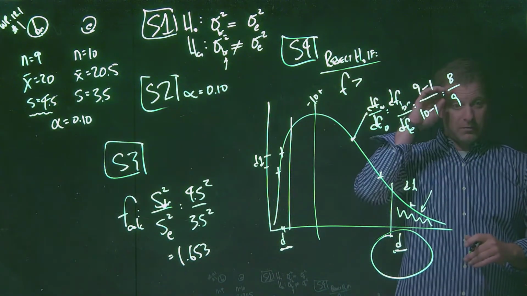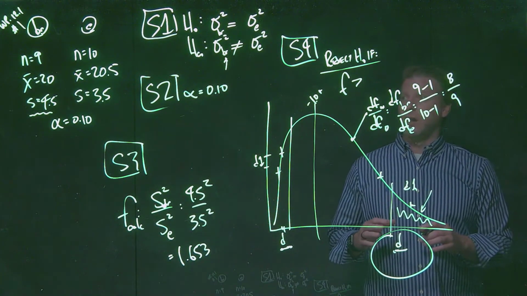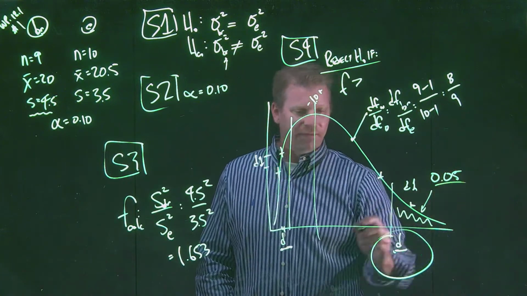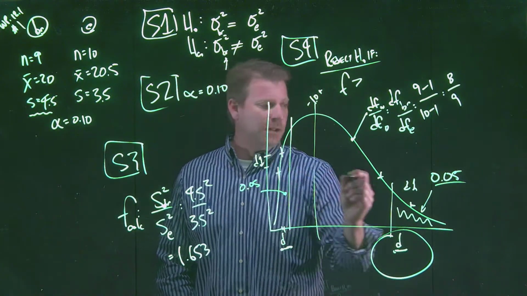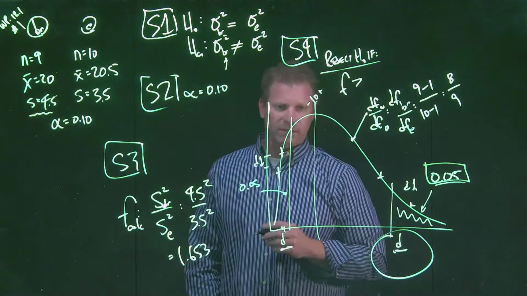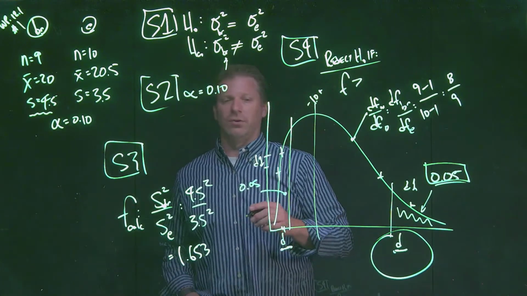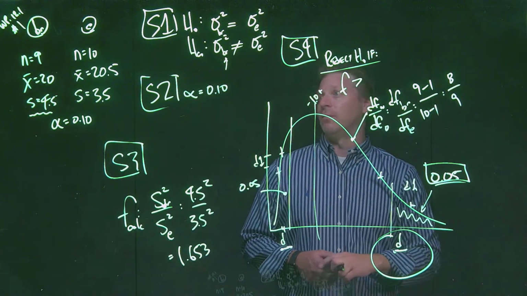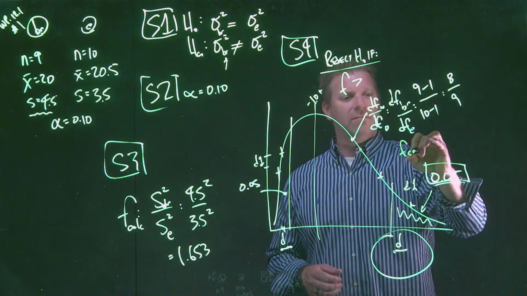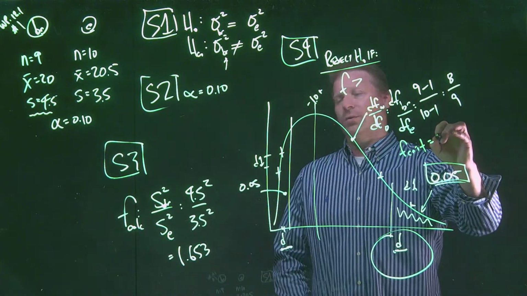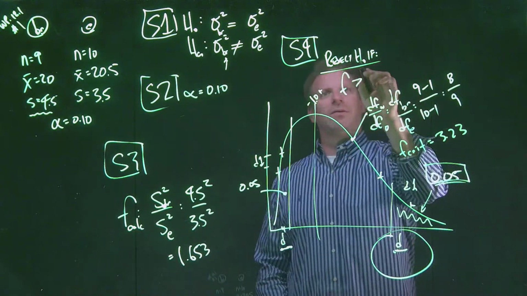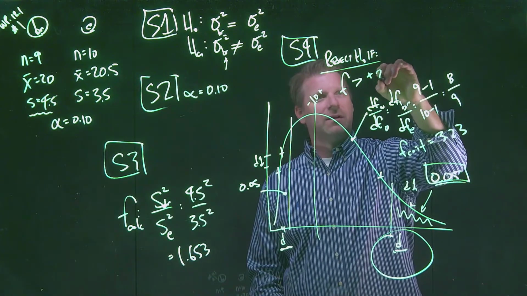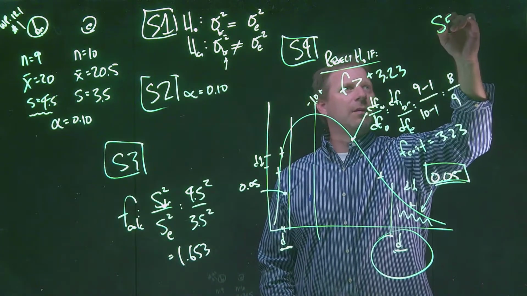If you go back in and look at the F distribution table, of course, we're going to concentrate on the F distribution table where this area down here is 0.05. We've got 5% there, and we've got 5% there. So we want to focus really clearly on that particular table. When we look at that table, you're literally just playing Battleship, finding out where those two degrees of freedom meet up. And when that meets up, we find an F critical value equal to 3.23. So we're going to reject H sub 0 if our F value is greater than positive 3.23.